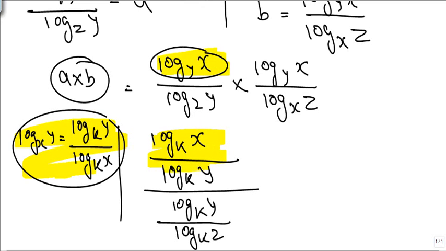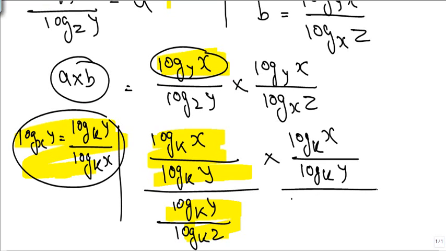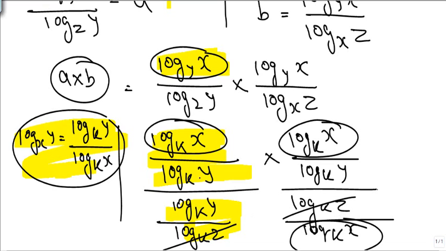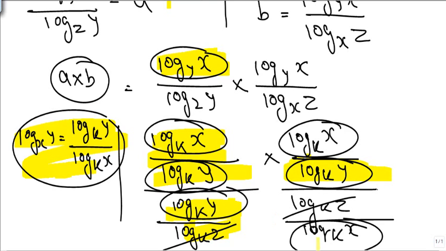Everything, that's what we are changing to base k. Now the same way here, log to the base k of x upon log to the base k of y, and the same thing, log to the base k of z upon log to the base k of x. Z cancels. What we get here is log to the base k of x, and this denominator will go to the top 3 times, and this bottom will be 1, 2 and 3 times. Total 3 times bottom, 3 times top. So what we get here, let's quickly check.